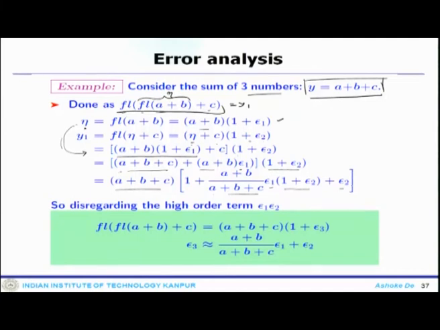So, there are terms which are associated with epsilon 1, epsilon 2, and then if you disregard those higher order terms, that means the product of epsilon 1 and epsilon 2, if epsilon happens to be small, so this won't contribute too much, then the whole calculation of that, which is essentially your y1, is a plus b plus c into 1 plus some epsilon 3. So, epsilon 3 is nothing but a plus b by this epsilon and epsilon 2, and we have